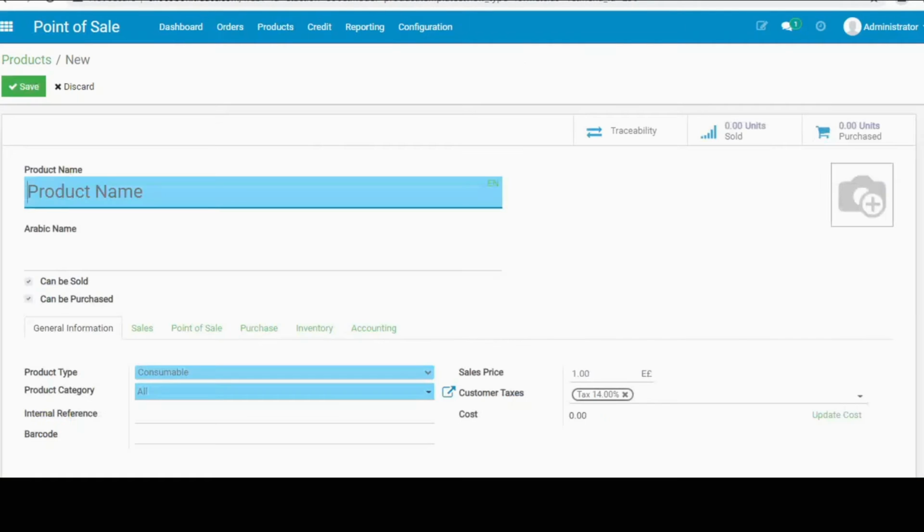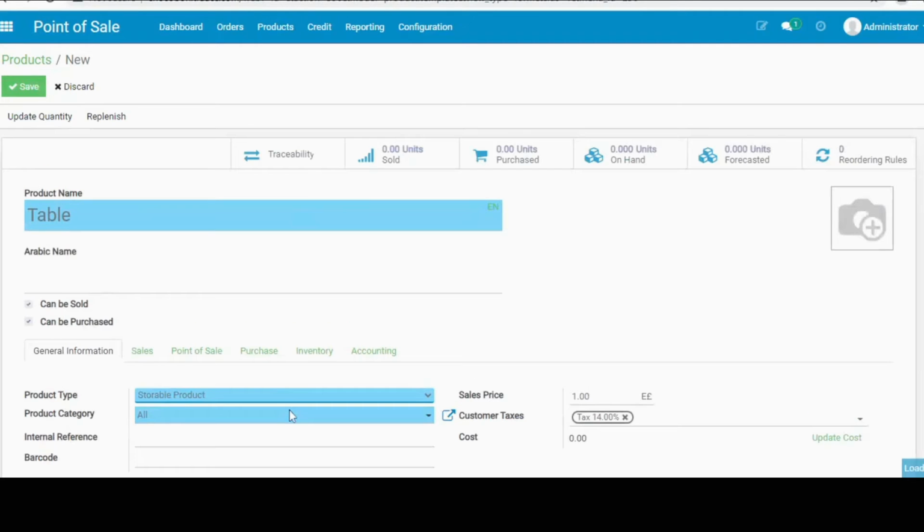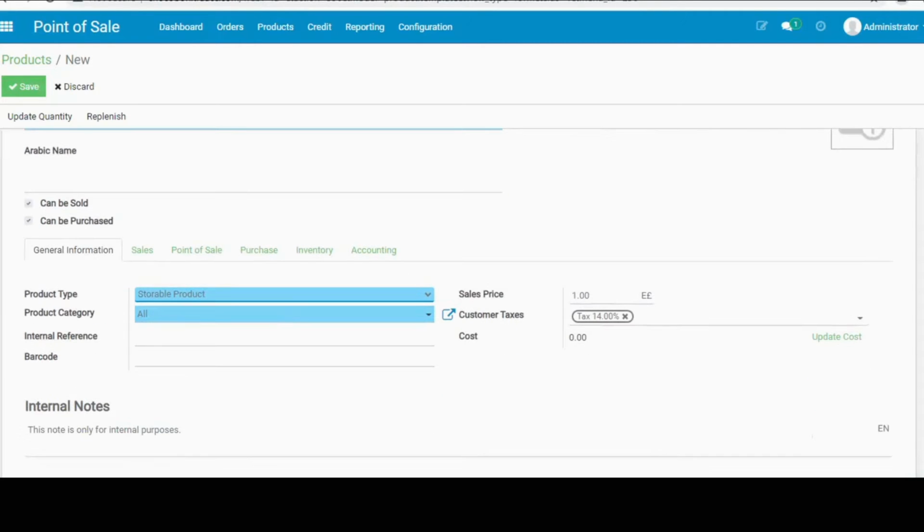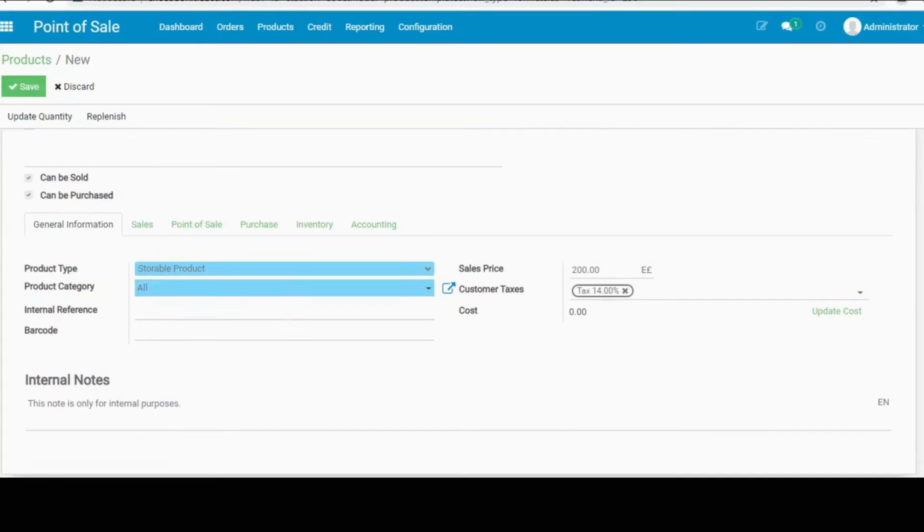You can enter a product name, choose a type. From here you can choose a storable product. Also you can enter the sales price, and also you can choose a customer tax.